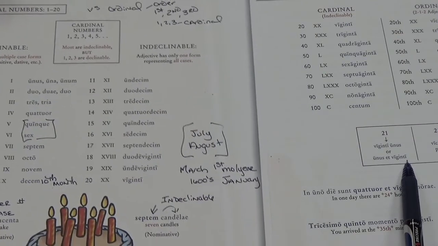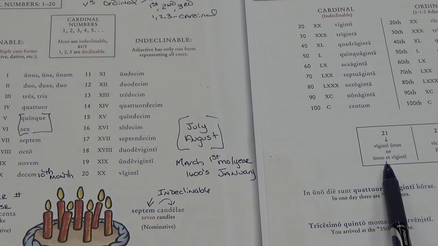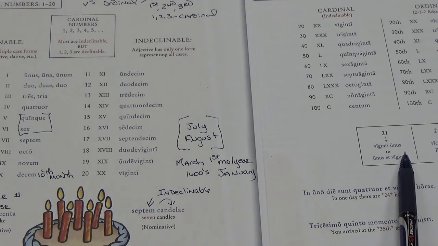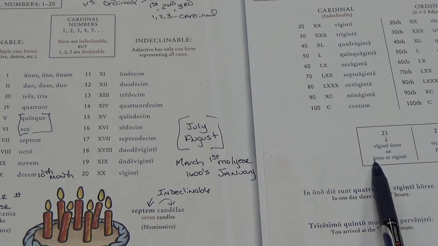Do we want to keep doing the et or the after? Viginti duo, viginti tres, viginti quattuor, viginti quinque, viginti sex, viginti septem, viginti octo, viginti novem,